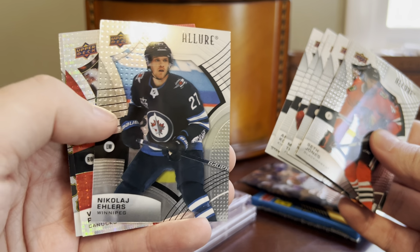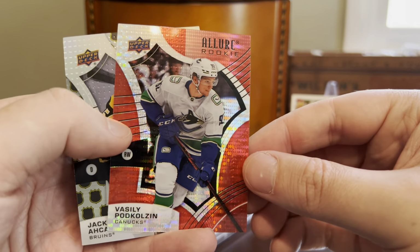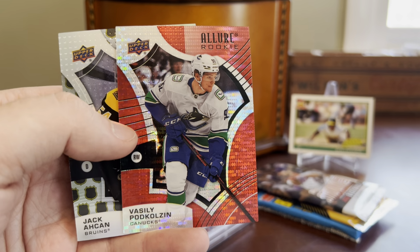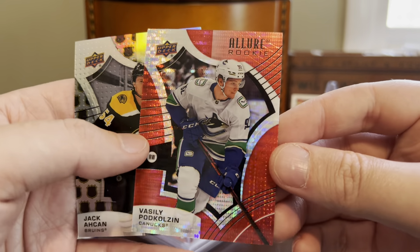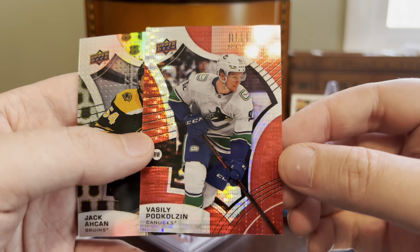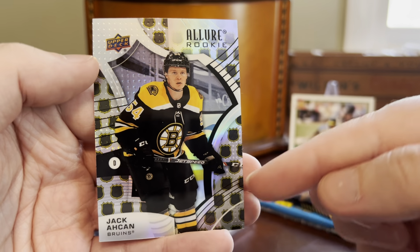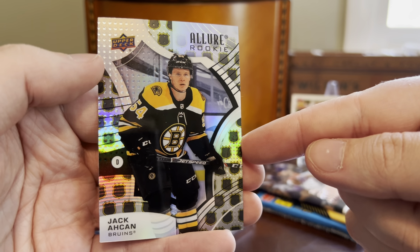Nikolai Ehlers. And then here's our, I guess, parallel of the pack, an Allure rookie, Vasily Podkolzin. Probably butchered that name. Maybe my buddy Rob at Bucks and Six, who's a Canucks fan, can correct me there. But Rob, if you would like this card, let me know, and I would be happy to send it your way. And then we finish off here with looks like a NHL Shield parallel of a rookie of Jack Acon,